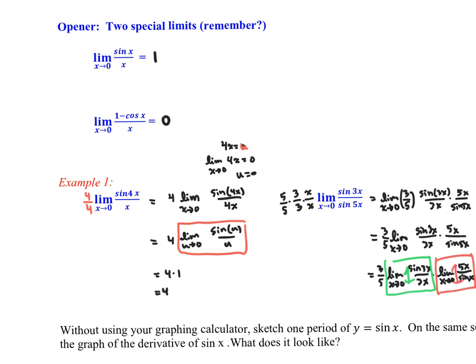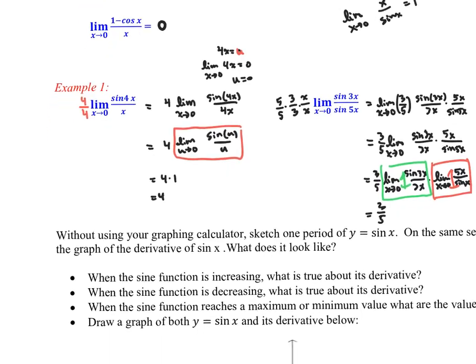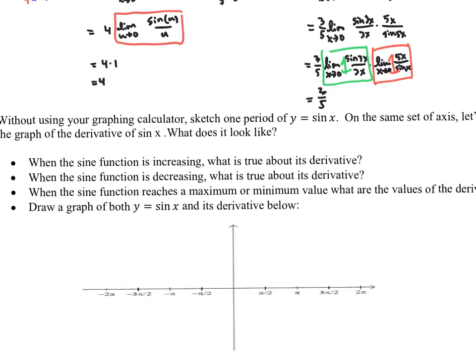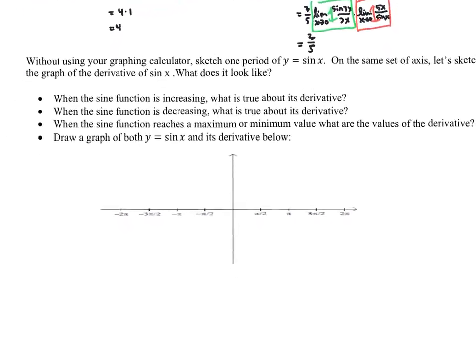All right, because if the limit as x approaches 0 of sine x over x is 1, then the limit as x approaches 0 of x over sine x will also be 1, right? 1 is reciprocated and still equal to itself. Therefore, I get 3/5 times 1, which happens to be 3/5. Okay, a little bit of limit work there for those of you who may not remember. Okay, so